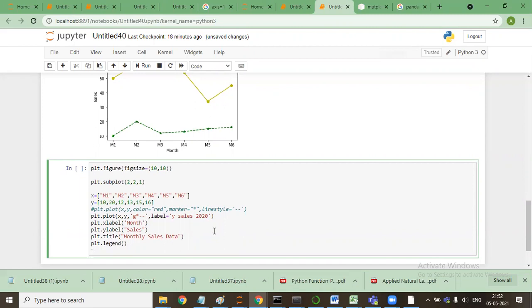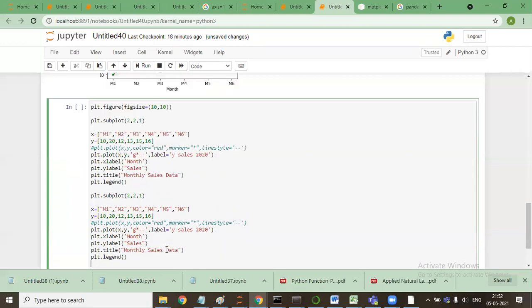Now the thing is, if I say plt.subplot 2 comma 2 comma 2, again this plot I'm making.